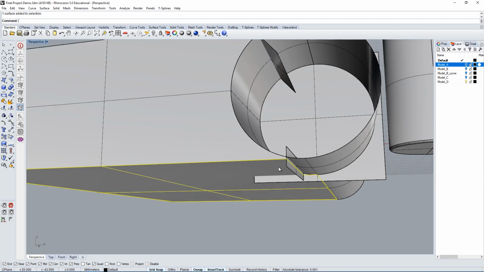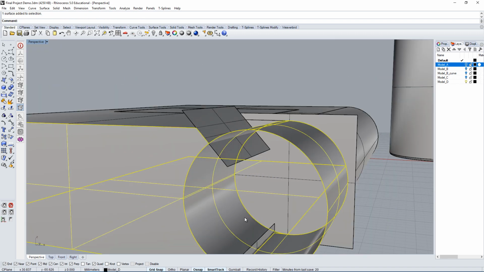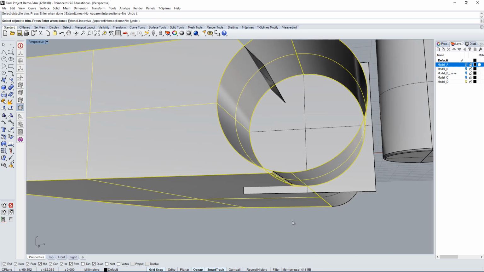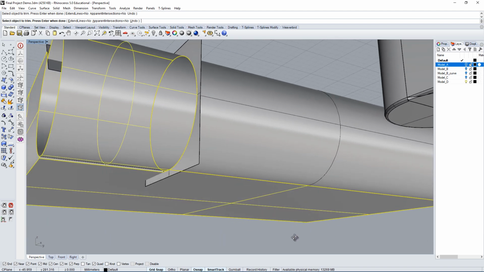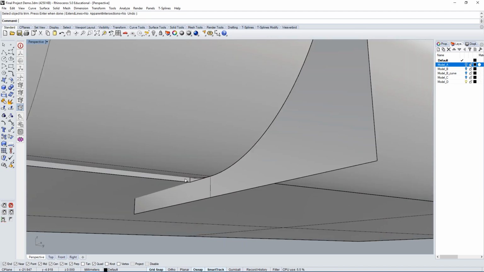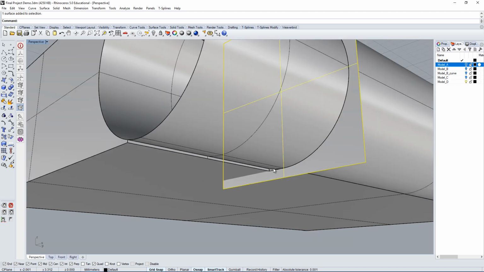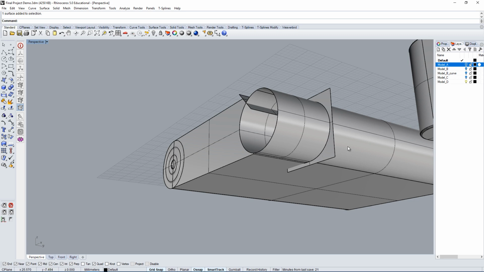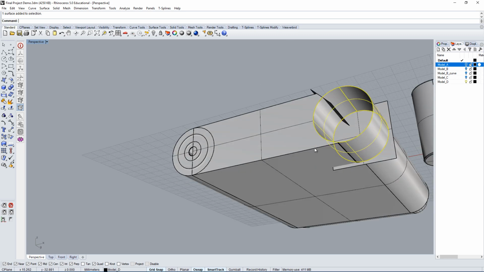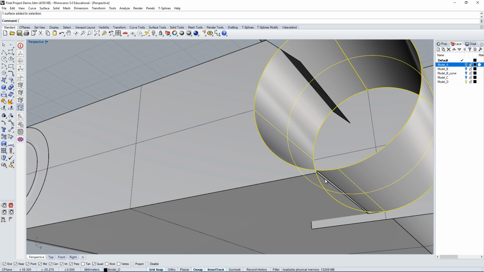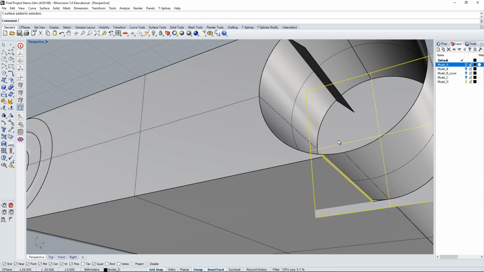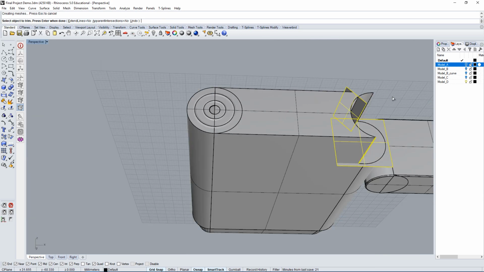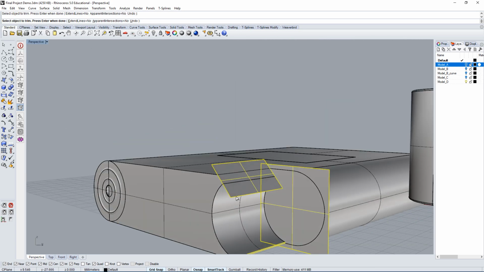Okay, now the next thing we want to do is use this, that, and this to trim this patch, or again, this flat surface. I'm not sure if I trimmed it correctly because it might go all the way through. Seems okay. So you always want to check everything. Now the last thing we want to trim is this one. So the way we're going to trim that surface is by using this surface, this one, and that one. So trim whatever goes beyond it. So out here. Okay.